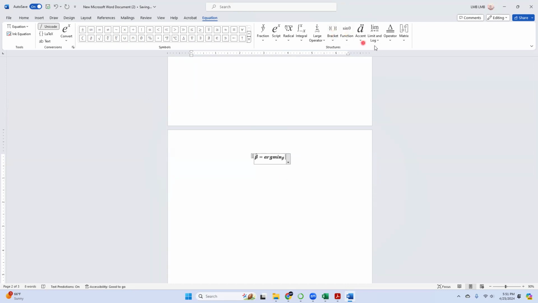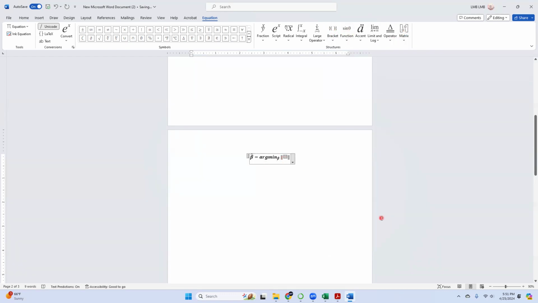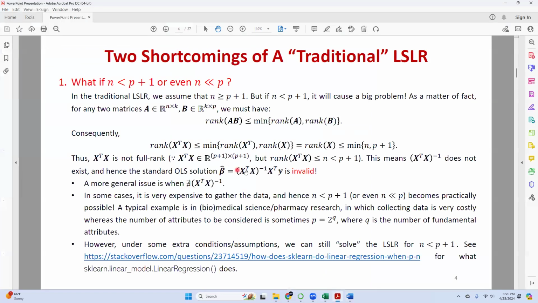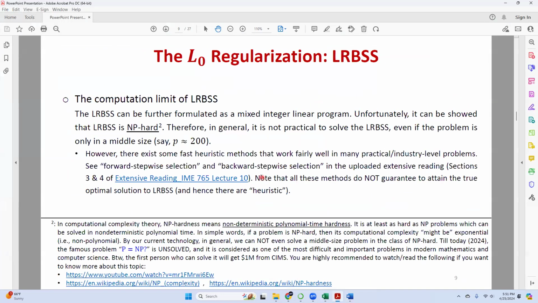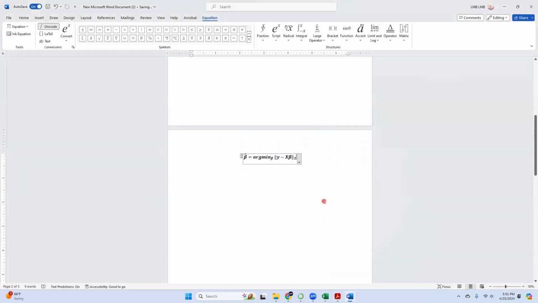But what I want to show is this: y minus x beta, norm 2. So this is the basic linear regression, the OLS, ordinary least squares linear regression. That's the thing. By regularization, what I want to do is this way. Instead of just this one, I will add, sometimes use minus, it doesn't matter,